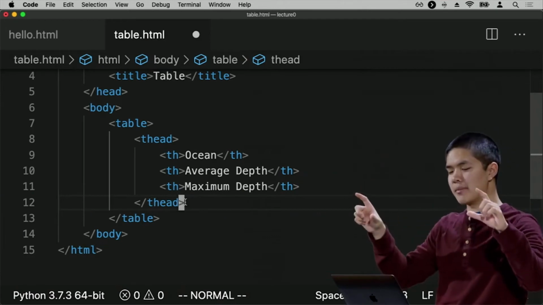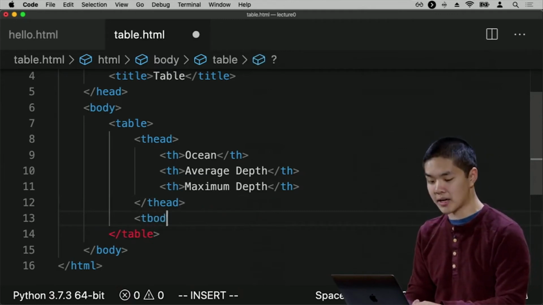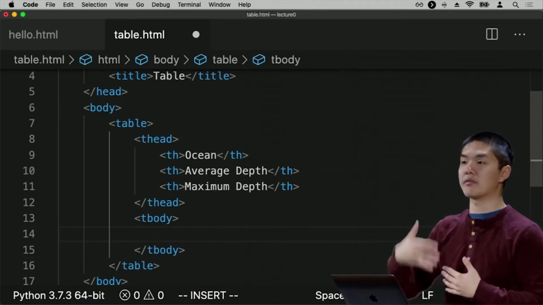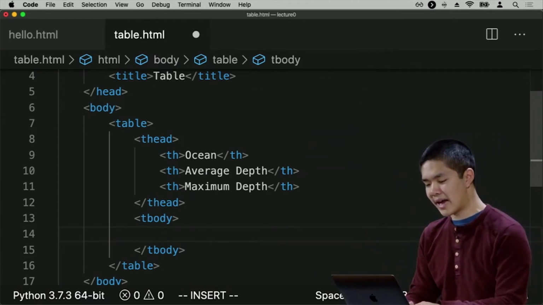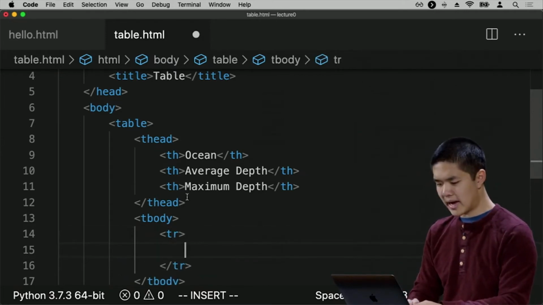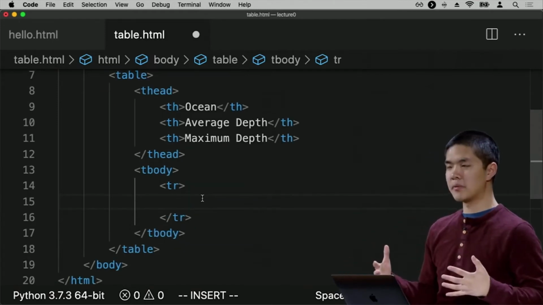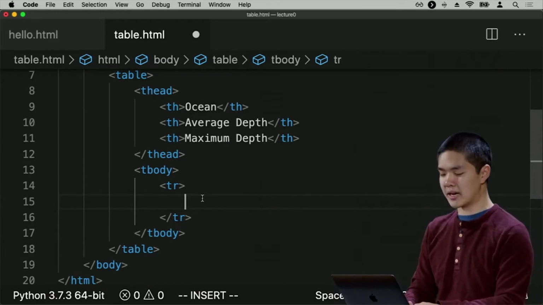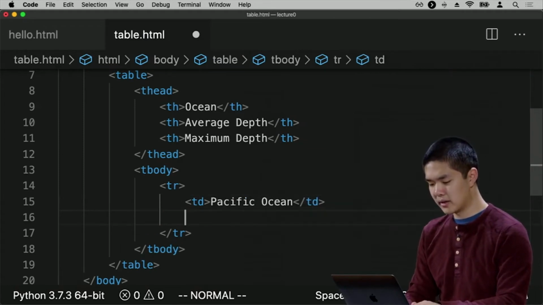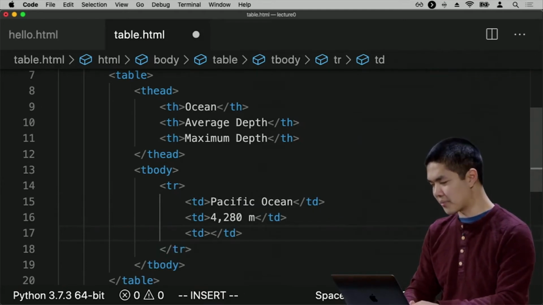But in addition to the heading of the table, we also have the body of the table. So underneath the thead, I'll go ahead and include tbody, body for the main part of the table where all my data is going to be. And that body is going to consist of individual rows of a table. So I might have a tr, which here stands for table row. And inside of this table row, we'll go ahead and add some individual data points inside of the table. So inside of my table row, I'm going to have one table data point, or td for table data, that says Pacific Ocean, for example. Then another table data that says 4,280 meters,